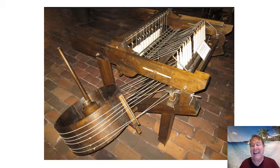Having said that, it doesn't require a genius to understand what's going to happen as a result of this invention, the spinning jenny, that can make a lot more thread by machine than just the spinning wheel can. So it doesn't take much of an imagination to realize that, though perhaps Jenny, of course, having so much free